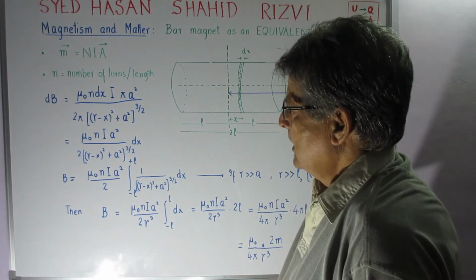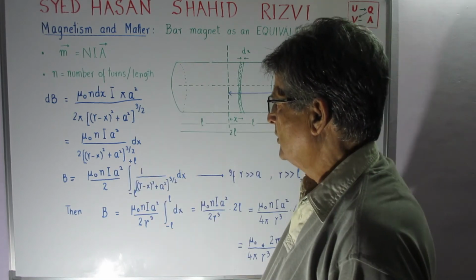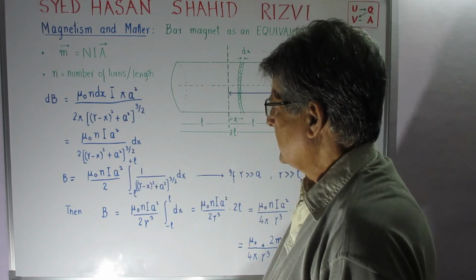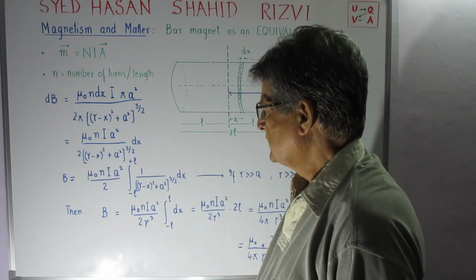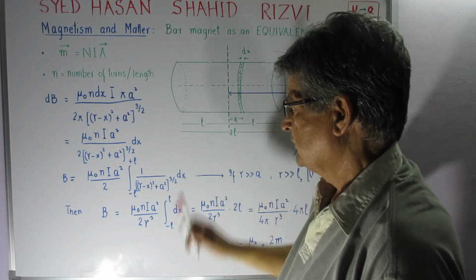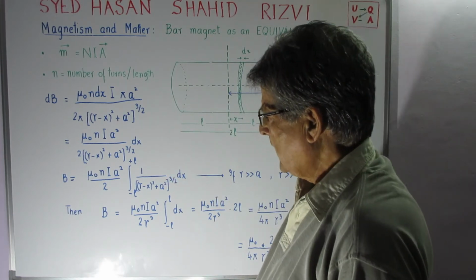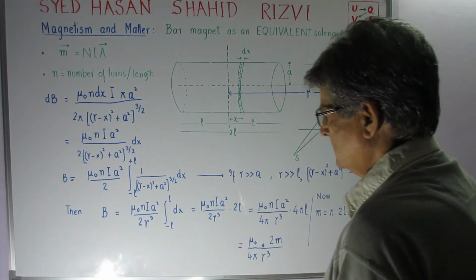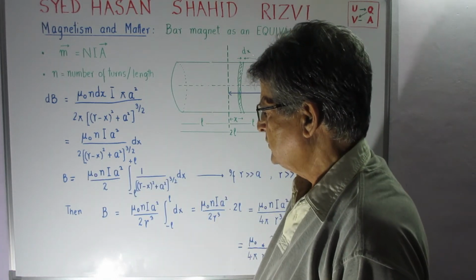Okay, so I can write this as follows: I'll cancel the pi with pi, and I'll get mu naught n I a square upon 2 into r minus x whole square plus a square raised to the power 3 by 2, into dx. Okay, so when I add all these due to the various dB elements,